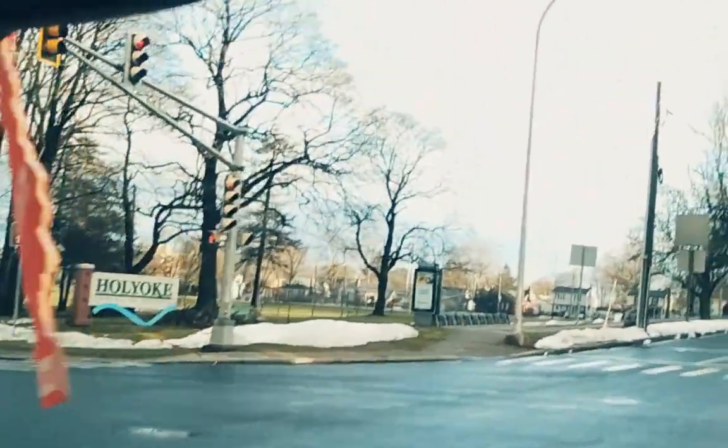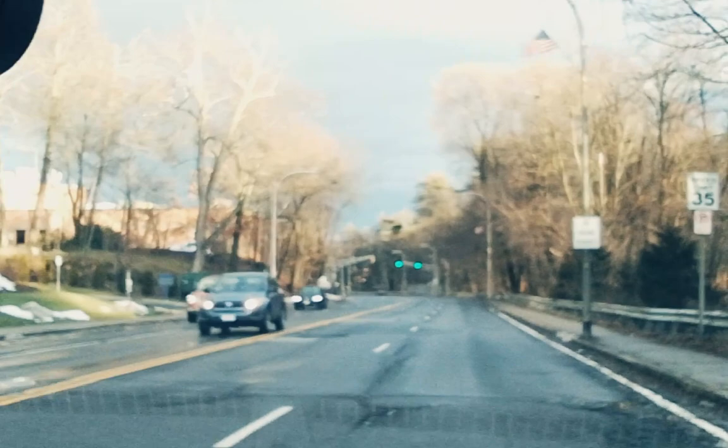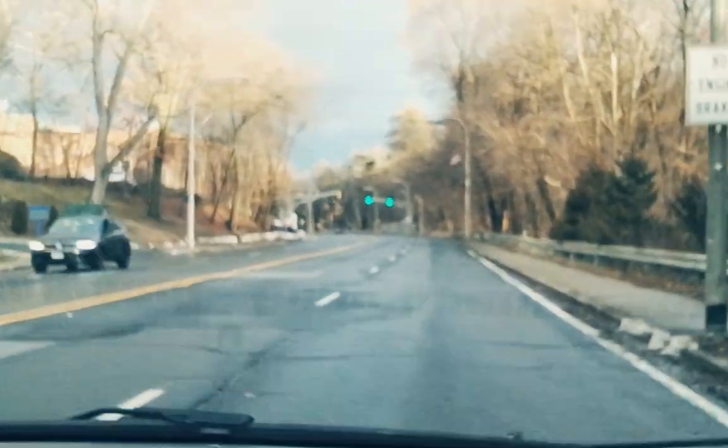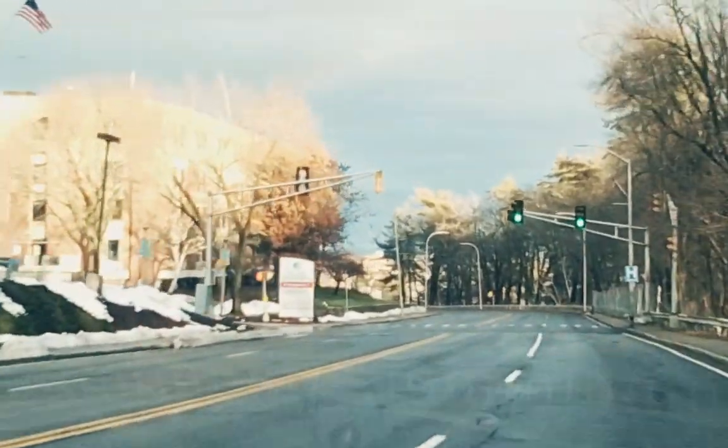Here we are in Holyoke, Massachusetts on a full-length tour of Beech Street. It's a very long part of the gridded streets. We're passing by Crozier Field and the start of Elmwood Park's Dingle. On the left-hand side would have been the former Yankee Peddler area and also the Holyoke Medical Center coming up